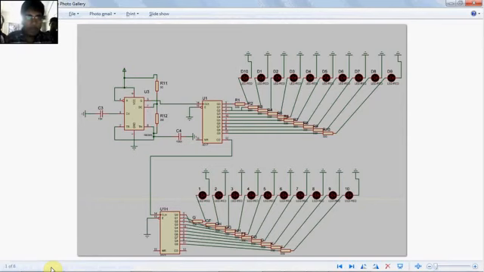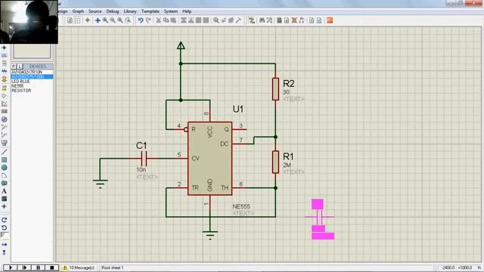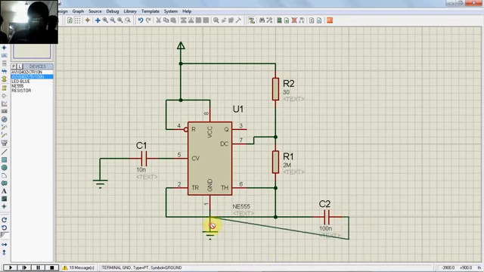Terminals mode, 100 nanofarad capacitor. I'm keeping it here. Connected it, and I will ground it here. Okay, I can't place it like this because the length is not enough. So press escape. Drag this a little bit down. The wire will be extended automatically. Now I can place it here, and you can press this and select this line. You can make this clear.